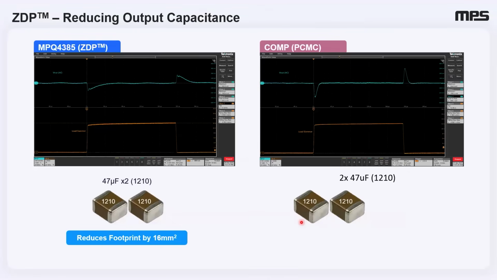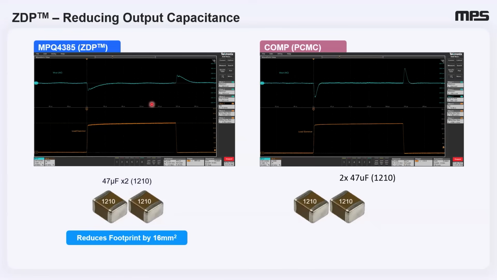Since we spoke about zero delay PWM control, we just want to show an example of how zero delay PWM control reduces the output capacitor through a load transient waveform. In this waveform, we are comparing our MPQ4385 with zero delay PWM control scheme to a competition which has a peak current mode control. In this example, we are doing a 0 to 12 amp load step. And as you see here, with 2 times 47 microfarad,